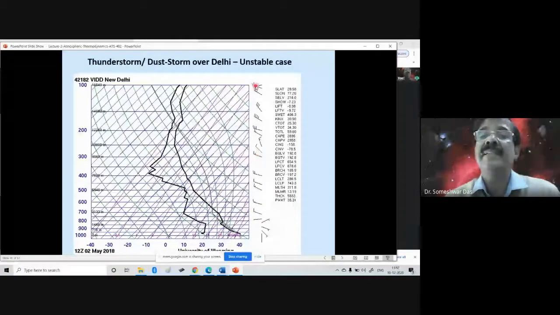And if there is a triangle, there is only one triangle I can see here on the top at 100 millibar. If there is a triangle represented, that means it is 50 knots. One triangle is approximately equal to 50 knots, right? So as you go up, wind speeds are quite high. So there is 50 plus 10, 60 plus 5, 65 knots wind. Okay, so this is how we represent the wind.